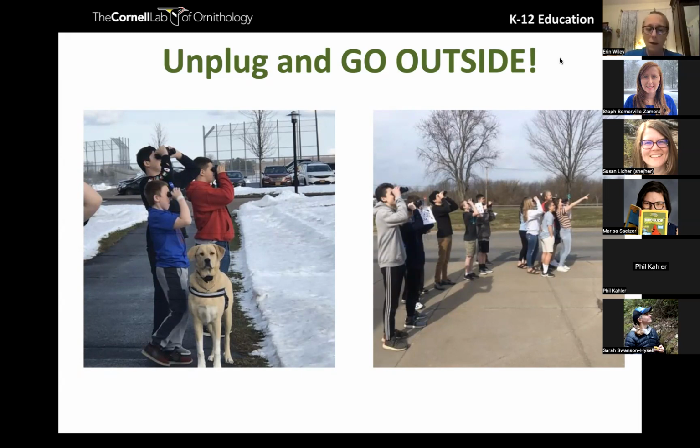We looked at them for a while, and then the picture on the right. One of the other teachers called me on the way to school, and they said, "There's a red-tailed hawk on the top of the school. You got to go check it out." So we all went out first period. This is at 7:40 in the morning, looking at a red-tailed hawk, and the kids were just enthralled by it. And it's interesting too, because while the red-tailed hawk was there, they went up to try to clear some debris because the bird made a mess, and there was a dead bird up there with a band. So then I taught them how to look up banded birds and how to report that. So it became like a teachable moment.